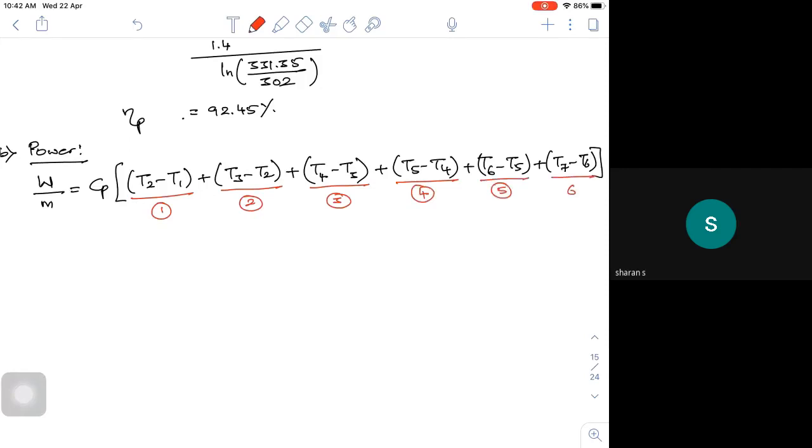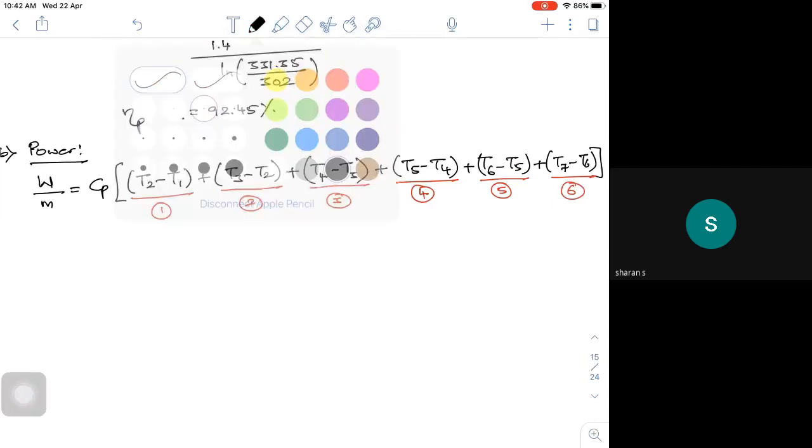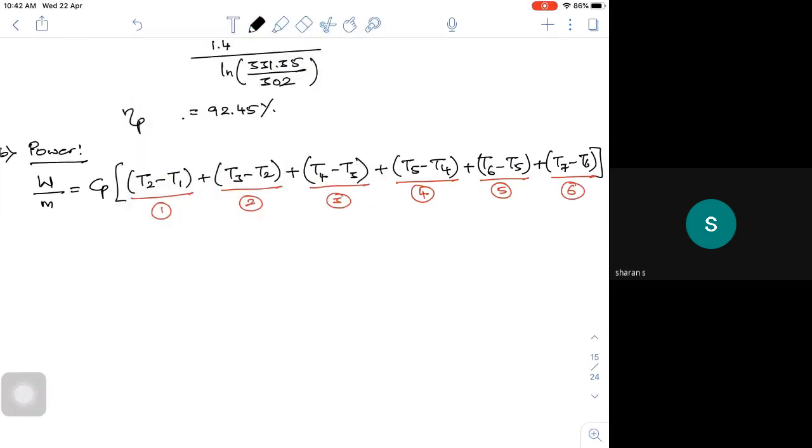This problem, if it comes in the examination, should be for at least 12 or 15 marks. At maximum we can go for 6 stages, that's what we can calculate in an hour. It takes at least 30 or 35 minutes to solve. Now what is the value of Cp? It is 1.005. If you keep this value in kilojoules, your specific work will directly come in kilojoules, or if you substitute 1.005 into 10 to the power of 3, you will get joules per kg.